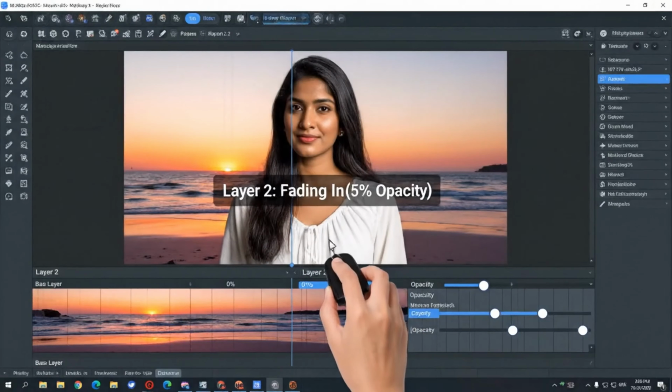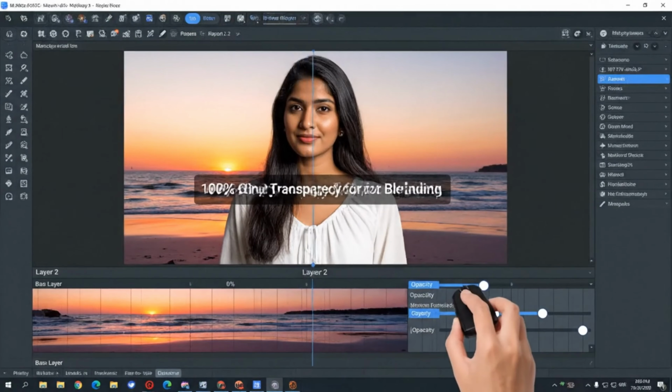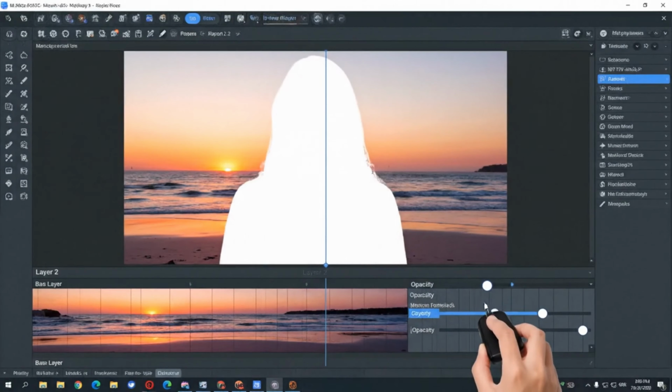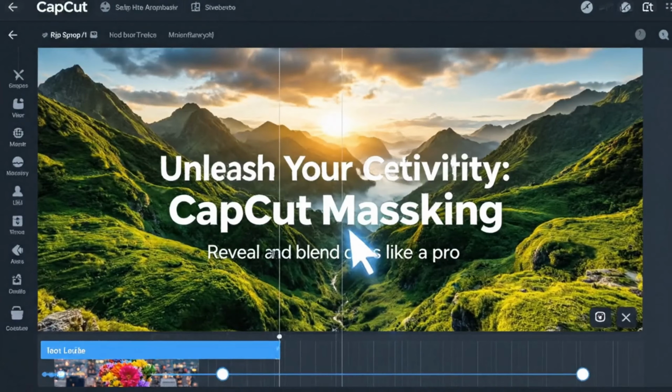The opacity slider controls transparency. As we increase the value, the image fades in, allowing us to